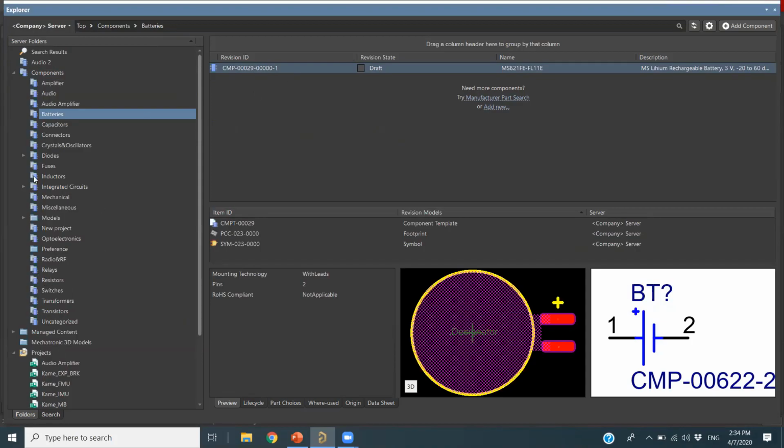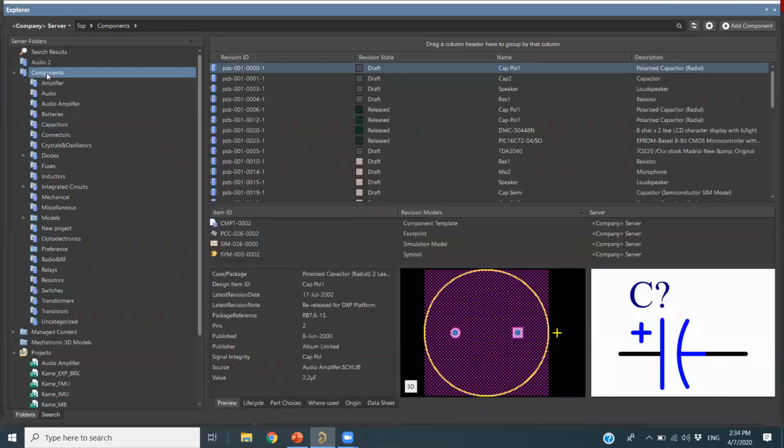For example, if you want to go for these components here, you can also create the components with your own revision ID. Revision ID means you can create your own component number. So the component number can be generated by you. How do you do this component generation? Let me show you an example for it.